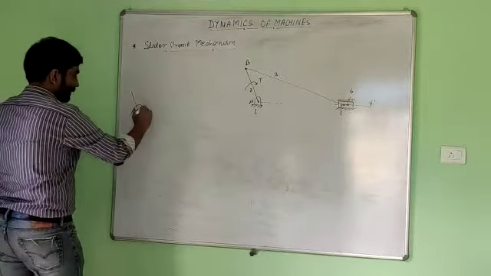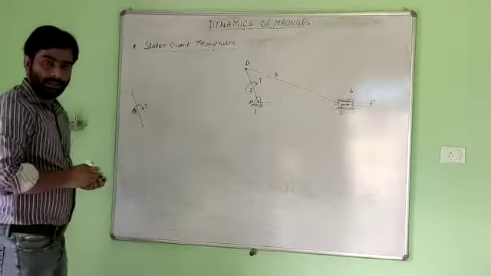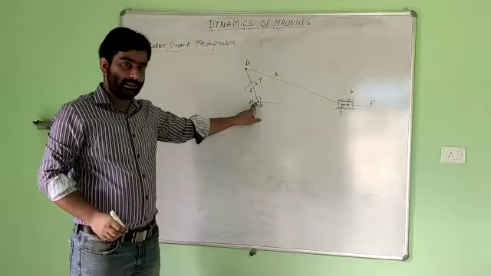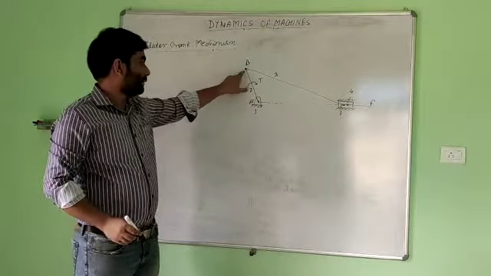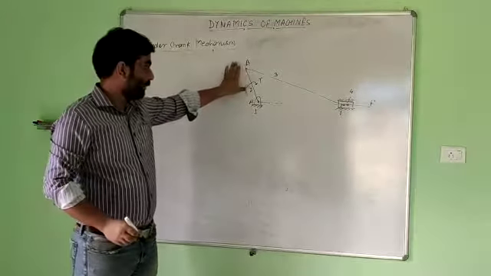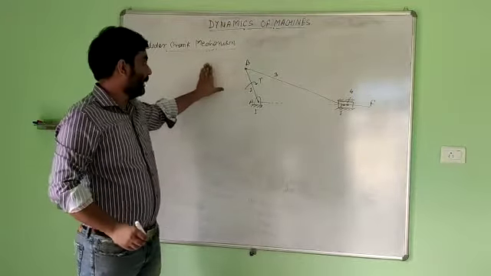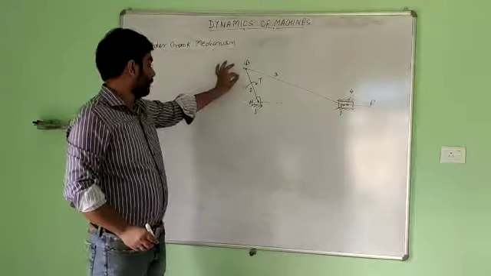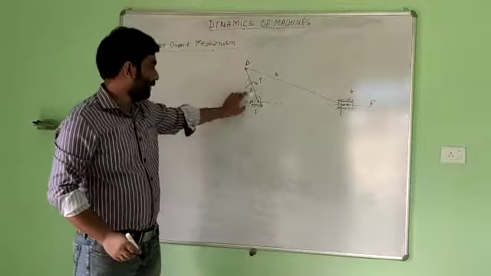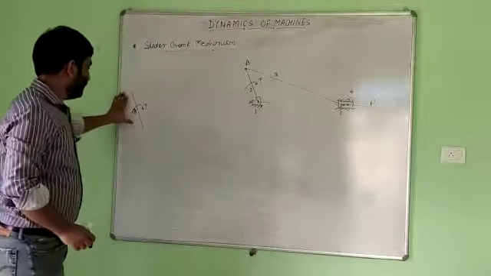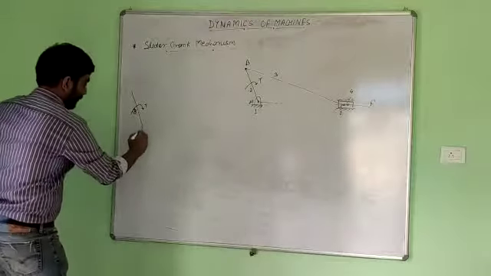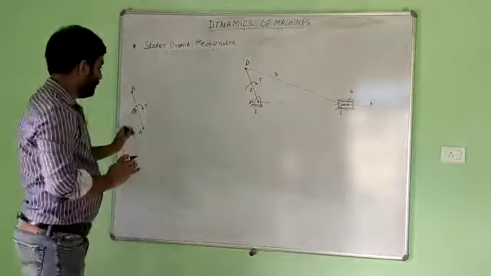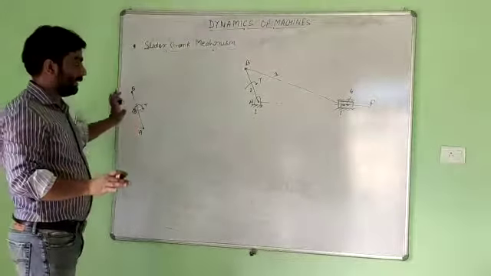Element 2 is subjected to an external torque T, and one force will come from here, but we don't know the direction and magnitude. One force will come from link 3 and one from link 1, because we are drawing the free body diagram, so we have to separate link 2 from link 3 and link 2 from link 1. So the member will be in static equilibrium under 2 forces and a torque. But we don't know the direction as well as magnitude till now.